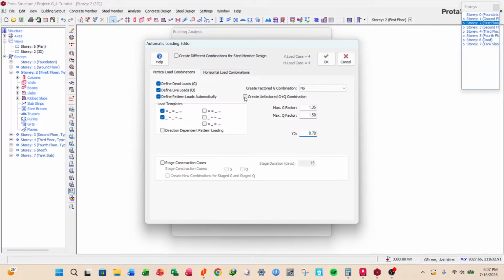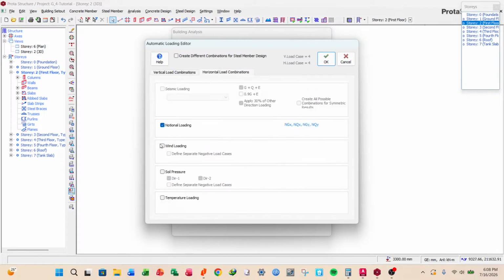Then also I want us to create an unfactored G+2 combination, and also a factored G combination. So that is all with the vertical cases. Then when we head to horizontal cases, we have the seismic load, the notional load, the wind loading, soil pressure and temperature loading. So for this project,